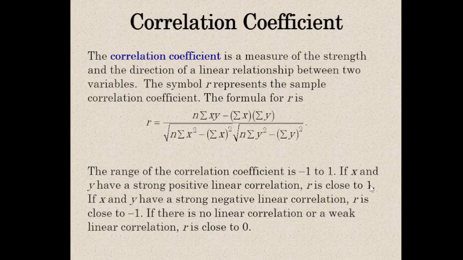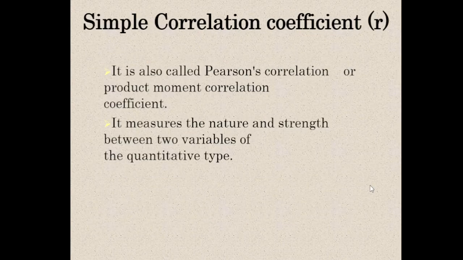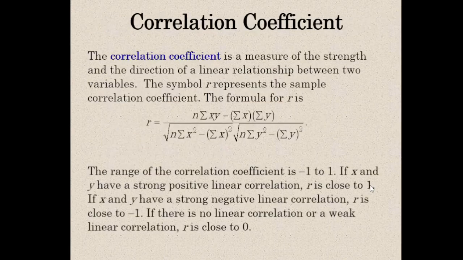What if it is nearer to 0? Then that is called as weak correlation or no linear correlation. ठीक है, आगे बढ़ते हैं। तो मैंने आपको ऑलरेडी नाम बता दिया कि प्रोडक्ट मोमेंट भी बोलते हैं, कार्ल पियर्सन कोरिलेशन कोएफिशिएंट बोलते हैं, एंड जो वैल्यूज है दैट इज प्लस माइनस, सपोज इफ यू आर गेटिंग प्लस 0.75, तो जो प्लस है वो इंडिकेट करता है उसके नेचर को, द पॉजिटिव है, नेगेटिव है, इनडायरेक्ट है कि डायरेक्ट है, पॉजिटिव मतलब डायरेक्ट और नेगेटिव मतलब इनडायरेक्ट। एंड दूसरी चीज, जो वैल्यू है 0.75, so 0.75 is nearer to 1, so that's why it is called as strong, और मैं मॉडरेट में भी उसको कंसिडर कर सकता, ठीक है।